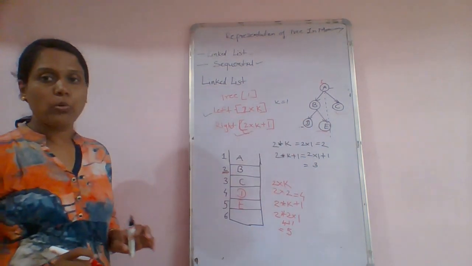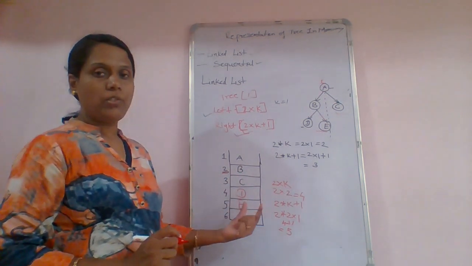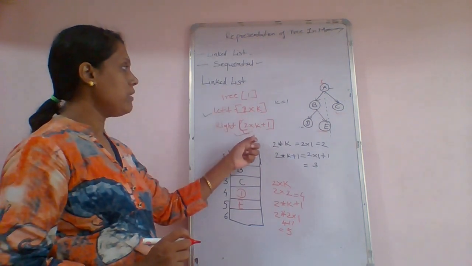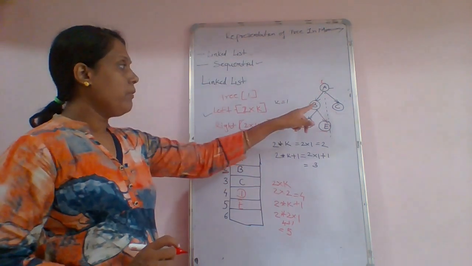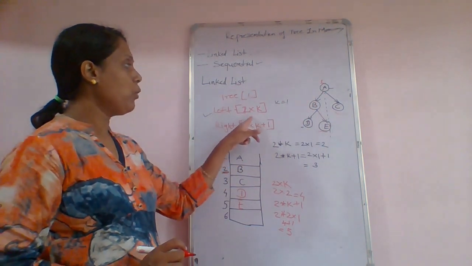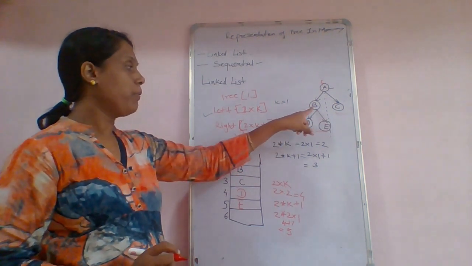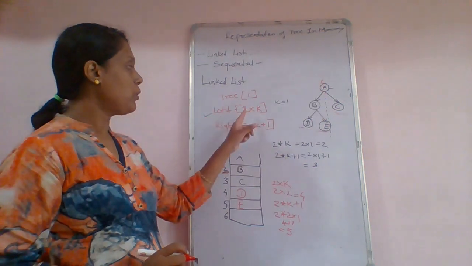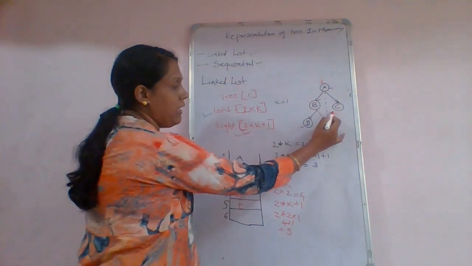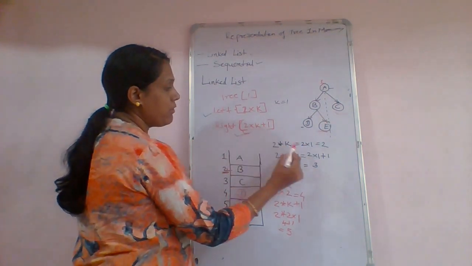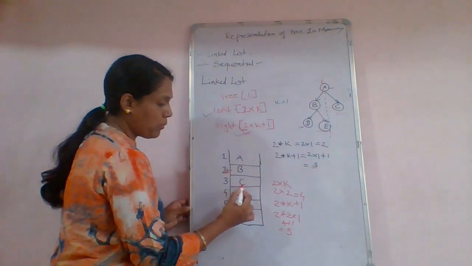So, getting how to calculate and how to arrange that particular data in sequential manner. We have to follow these formulas. First, A is located at the first location, so it becomes the K. Then when it is the left side tree, 2 into K. And when it is the right side tree, 2 into K plus 1. So B is at the left side of the A, so 2 into K, 2 into 1. So B is at the second position. C is at the right, so 2 into K plus 1. That is 2 into 1 plus 1, third location. So C comes to the third.